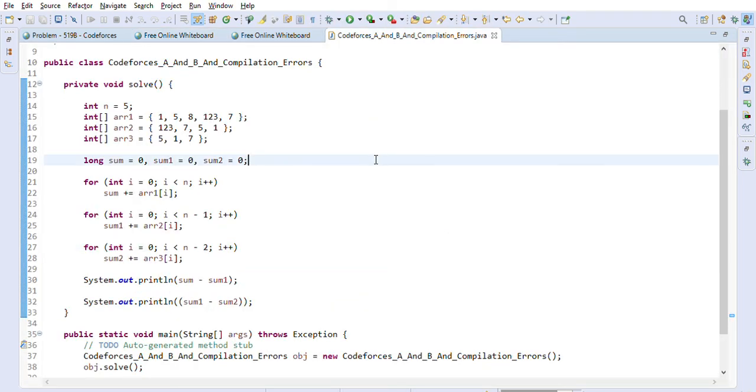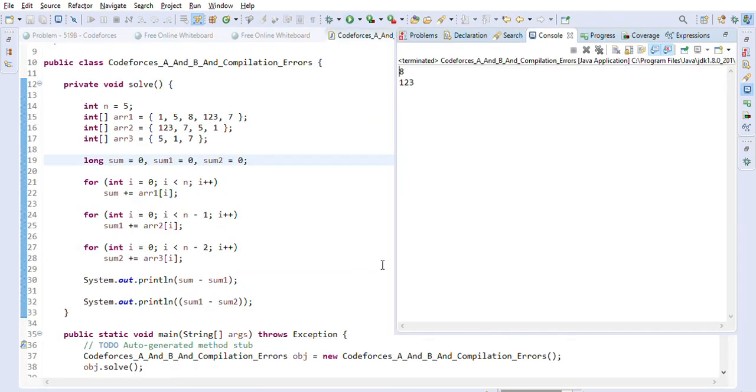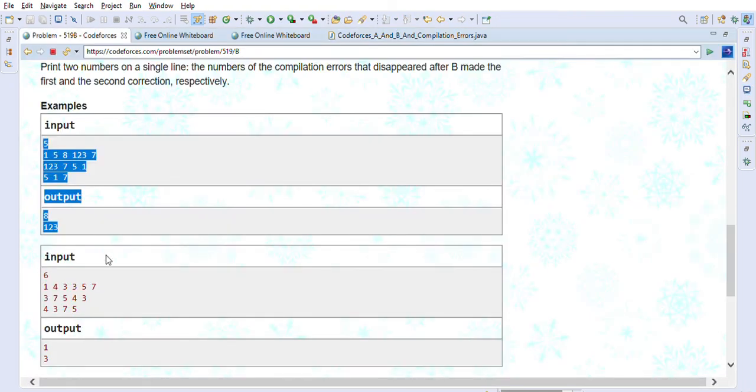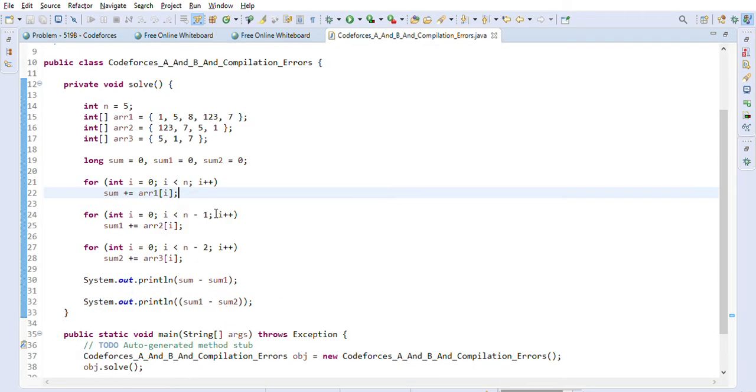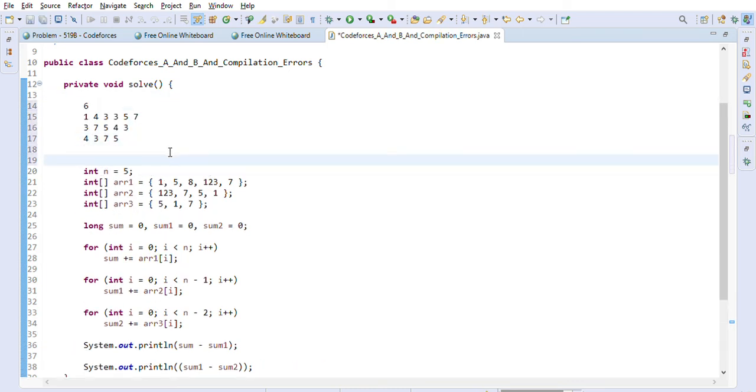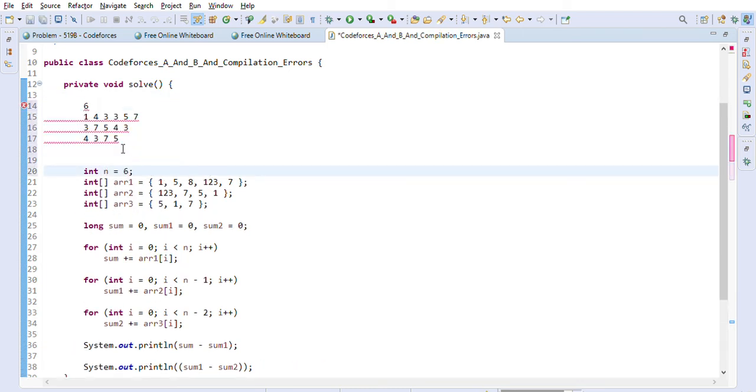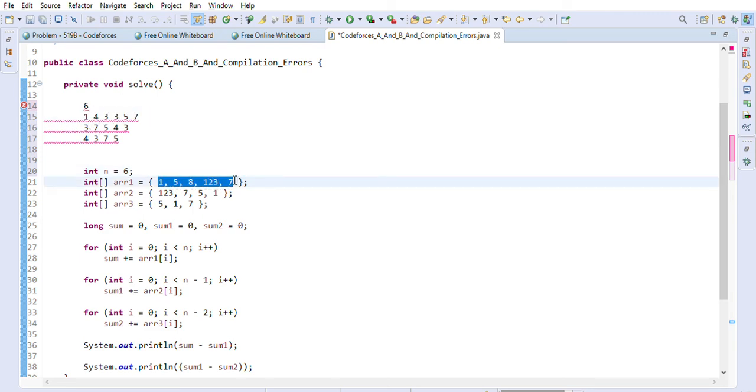So let's go ahead and execute this code and make sure it works. So 8 1 2 3, and as you can see we are getting 8 1 2 3, which is the correct answer. Let's try another example as well. So this one, let's try this example. I'll just update the input here quickly. So let's make sure that this other test case also works.